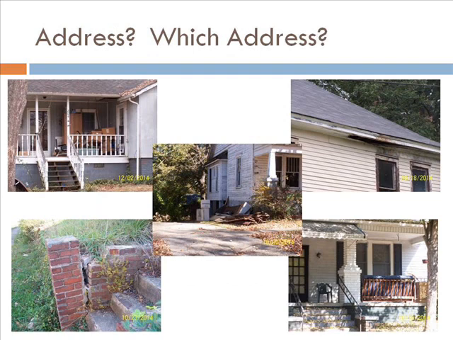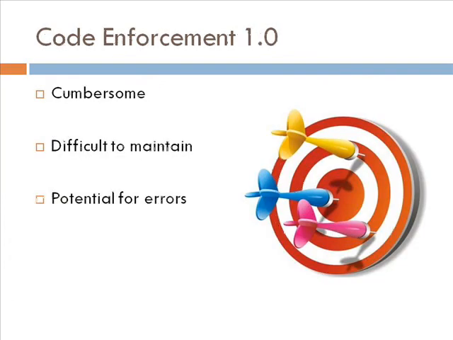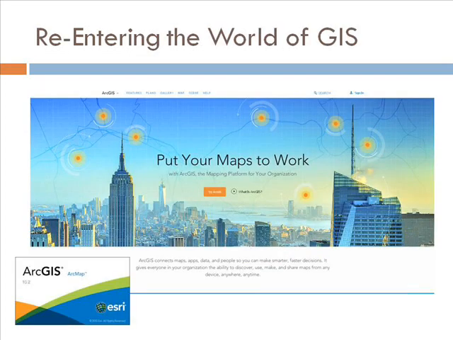It was easy to make a mistake and reprimand the wrong property owner when simply working from a spreadsheet and not a map. Ultimately, paper methods and spreadsheets missed the mark. These methods, though able to be used, were very cumbersome and difficult to maintain, as well as leading to a variety of errors. In June 2014, the Town of Spencer re-entered the world of GIS and purchased an ArcGIS Basic